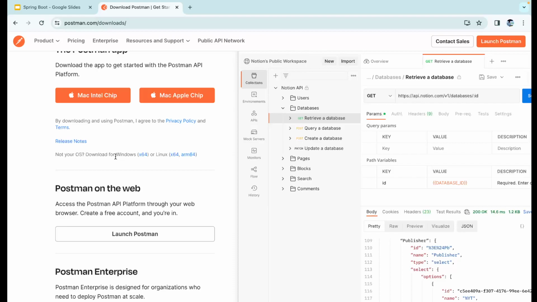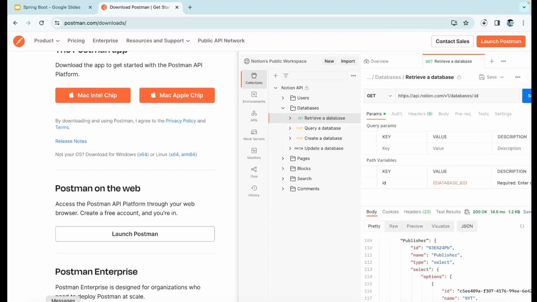What you are trying to see is download for Windows, right here. You can click on this download for Windows 64, and it will download that for you, and you can go ahead